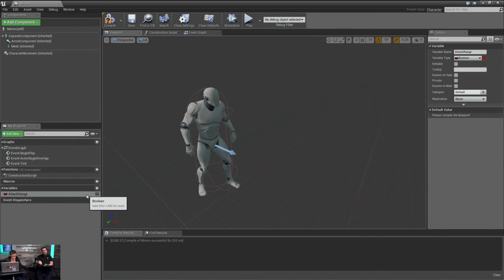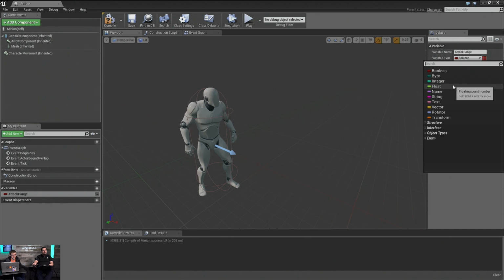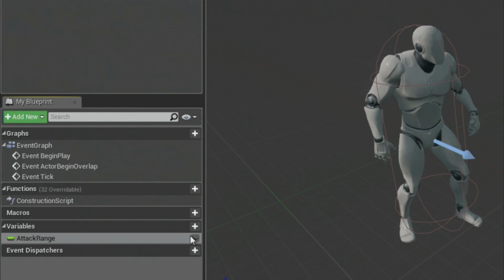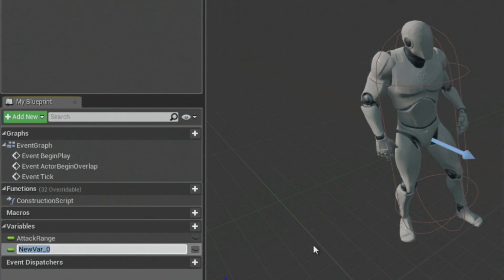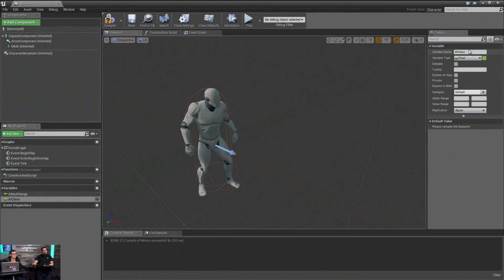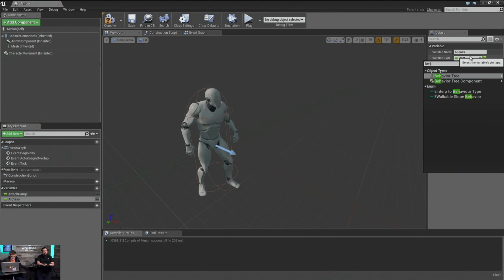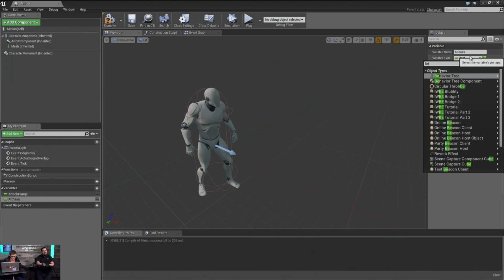So when they spawn, we're going to say, hey, Blackboard, go ahead and set my attack range to 150 or 650, or 1,000, whatever we choose it to be. So we're going to do an attack range and make that a float. And we are going to need an AI class, which is going to be a behavior tree. No, wait, it was not a behavior tree. It's AI controller, pardon.